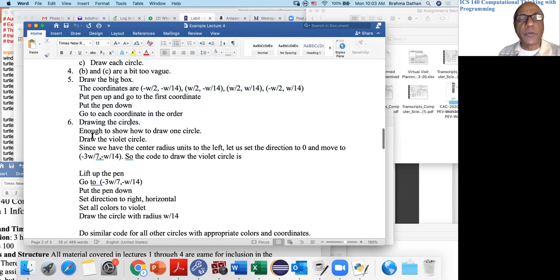Drawing the circles would be achieved through this pseudocode. Enough to show how to draw one circle. How do I draw the violet circle? Radius. So lift the pen up, go to this place, put the pen down,